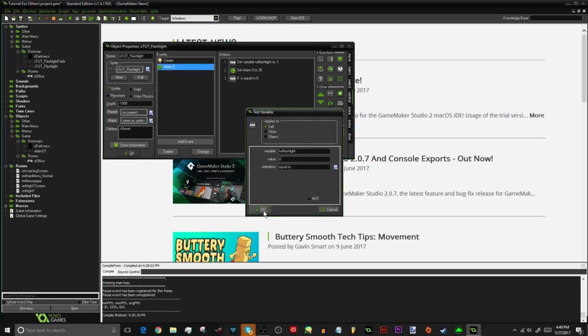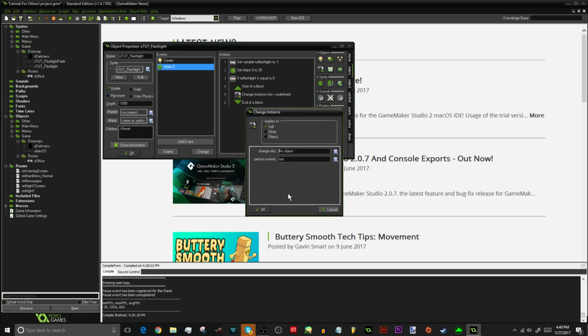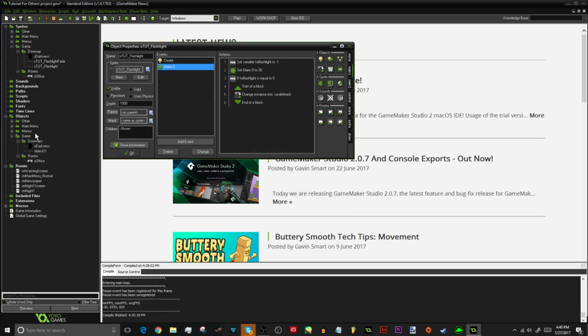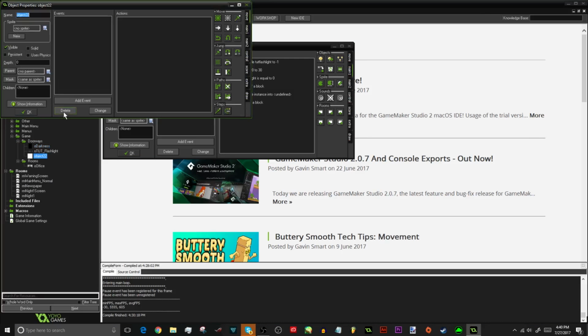So when it reaches the value of 0, it's going to change instance. So let's just drag in that block. Alright, and just put perform events yes, but we don't have the other object yet, so just hold on. So create another object and call it _flashlight